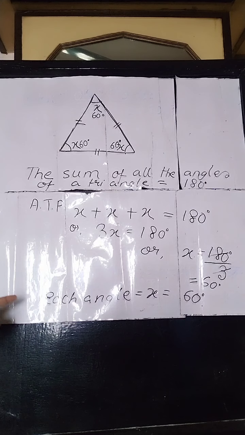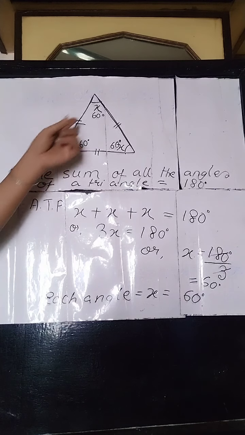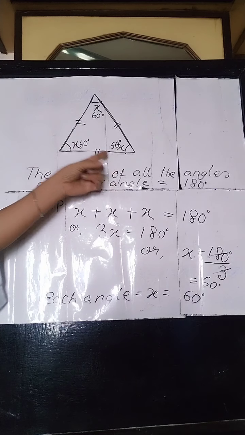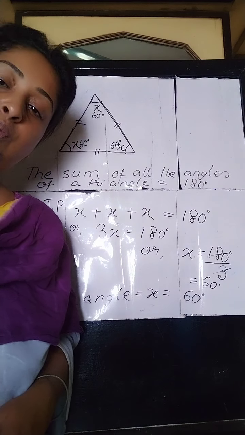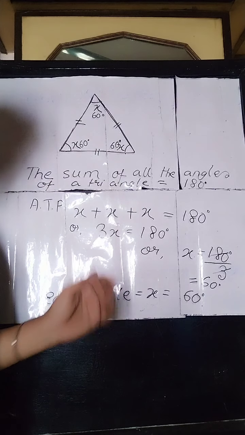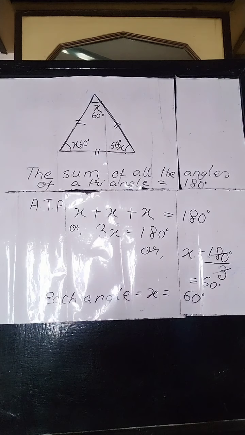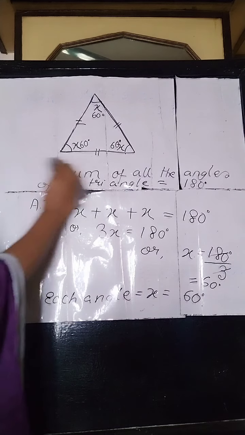Thus we can understand that this is an equilateral triangle. All the angles are 60 degree, all the angles are same, and all the angles are same only if the triangle is an equilateral triangle. So I hope you can understand how to solve these type of sums. Now I will draw another figure for you so that you can understand how to solve these geometrical figures. I am rubbing the board.